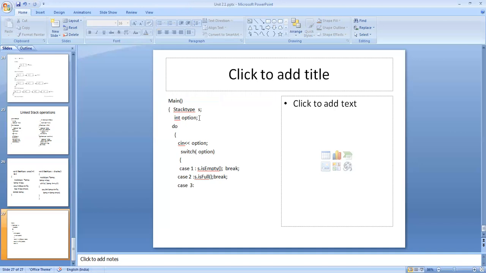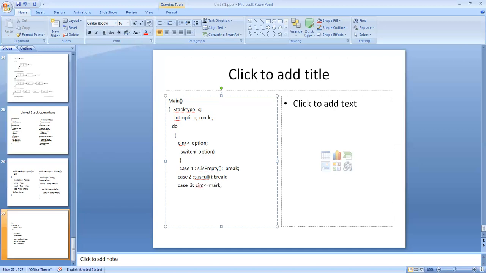So let me create one more variable, maybe mark. Cin mark. Here also it should be cin mark.